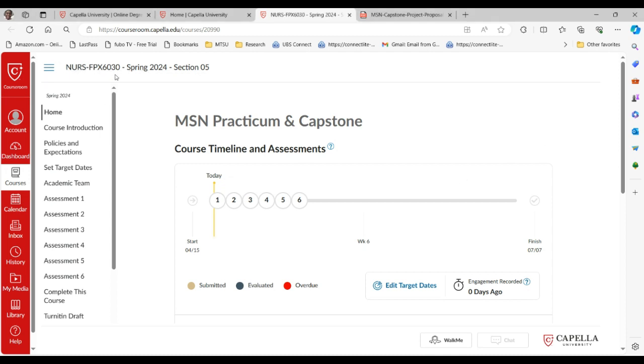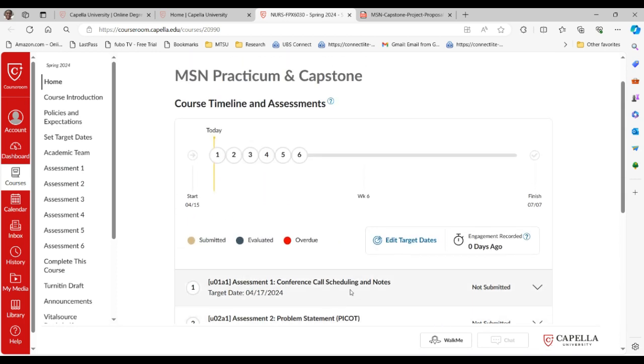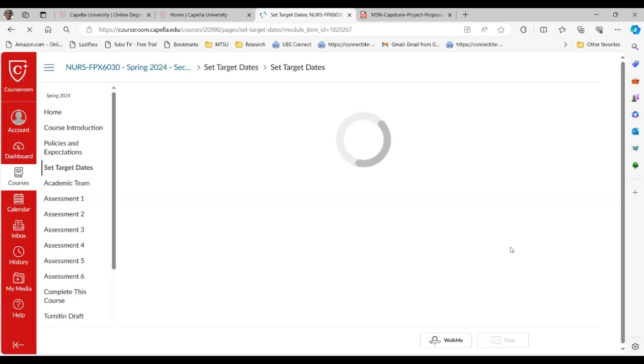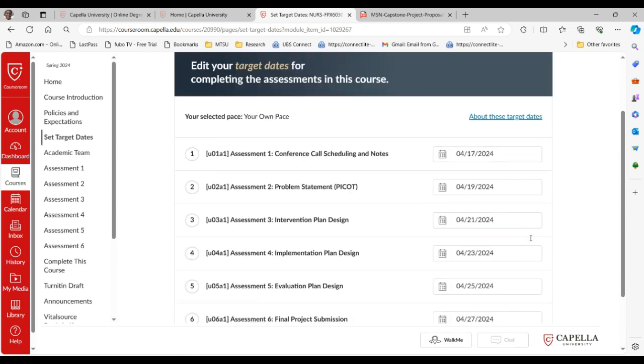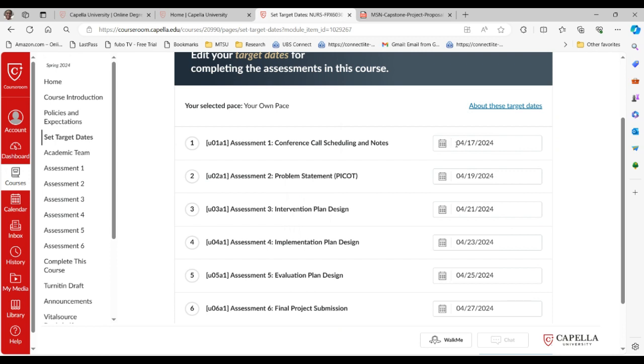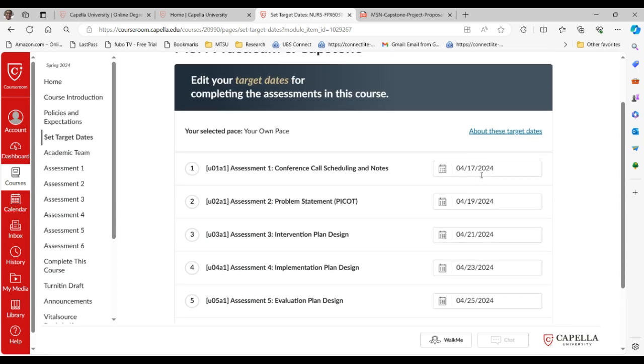In the capstone course right now with Capella University, MSN Practicum and Capstone that I'm in, it has 6 assessments that need to be completed. And the first assessment, now when you register for a course, you need to set your target date. You set up your target date when you want to get things done. So I set up the dates here when I'll be completing each document or assessment that is needed. Now, the first assessment, I said I'm going to